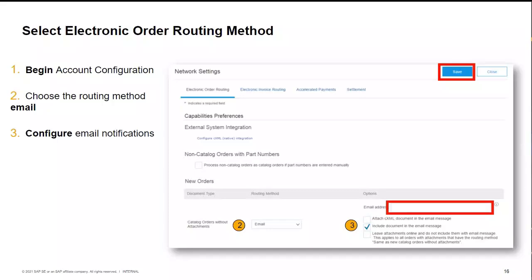Once you're there, please click on the routing method as email. In the space available, type in the email in which you want to receive those notifications, and please click on Include Documents in the email message. Afterwards, you can click Save to finish.